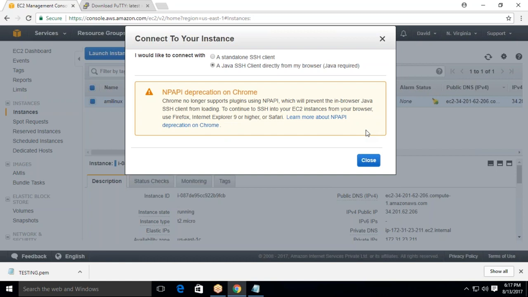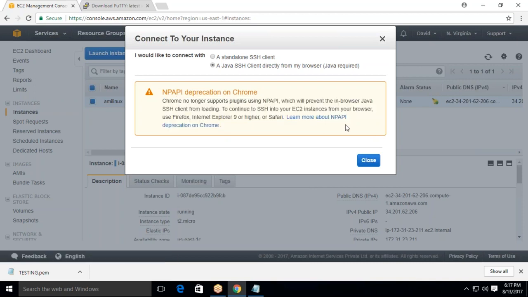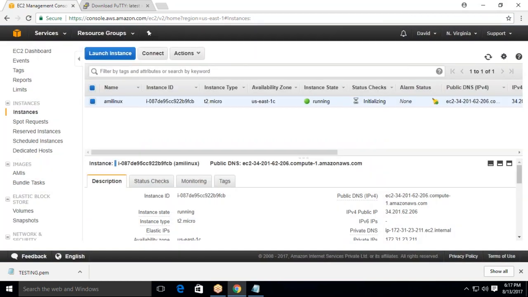And just remember that most browsers never support a Java-based SSH client. You can see my browser, this is Google Chrome, that does not support the plugins. This means I should go for Mozilla Firefox, or maybe Microsoft Internet Explorer, or Opera, or Safari. So let me connect with this instance